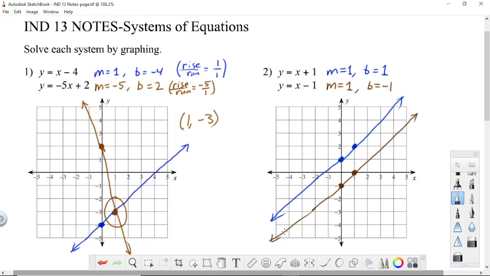So what does that mean? What's that mean for our answer if they don't cross at all? We're looking for the intersection. The intersection is our solution. So, no intersection, I guess, means no solution, which you can write this way,